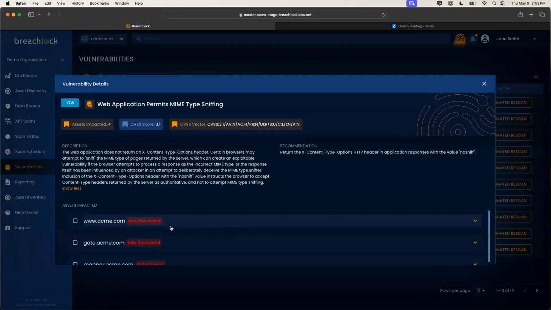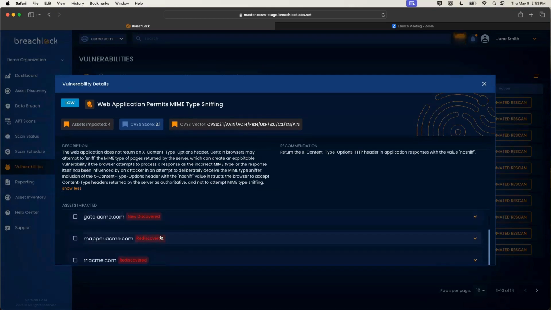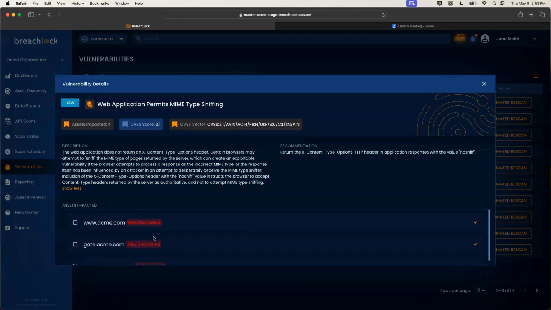discovered, or it can be labeled as rediscovered, or a vulnerability that has been seen before and is rediscovered on this specific asset. So for example, if it is discovered for the first time, it is labeled new discovered, and our experts will let the client know it is a newly discovered vulnerability and should pop up on their radar